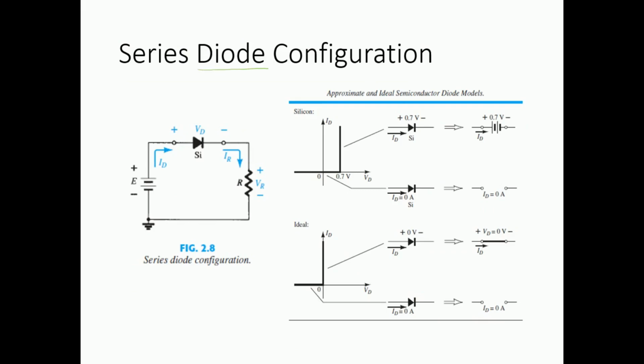So the diode configuration is basically in two ways. We are going to look into three categories. The first is if the diode in any circuit is placed in the series configuration. So again, you can visit the linear circuit analysis lectures. I'll share the link over here to understand what we mean by series combination, parallel combination, or series-parallel